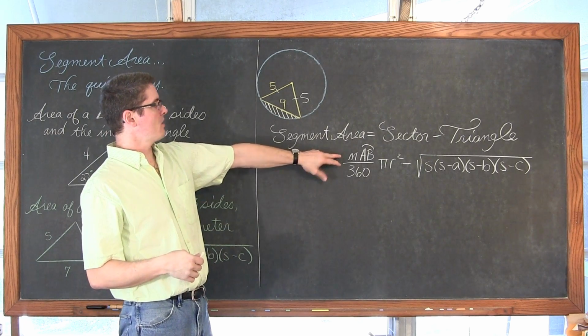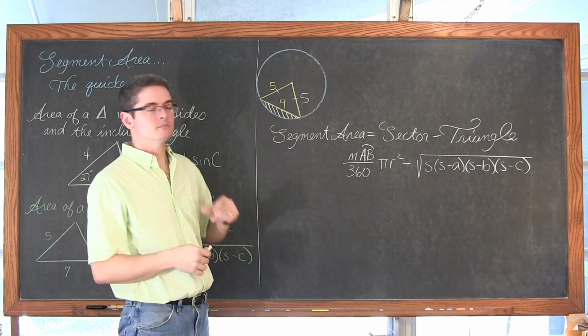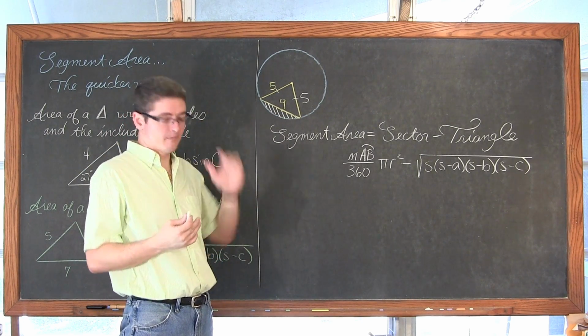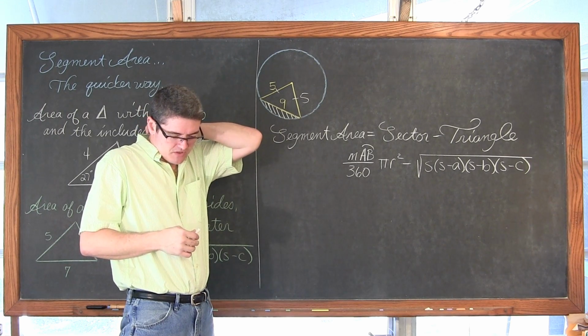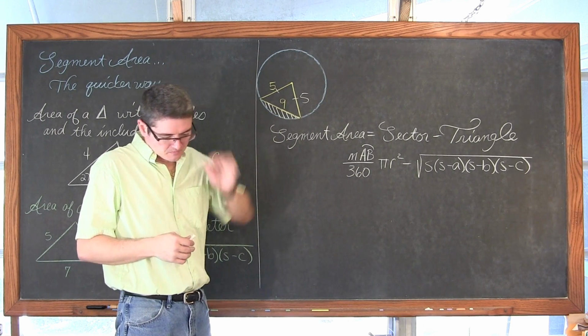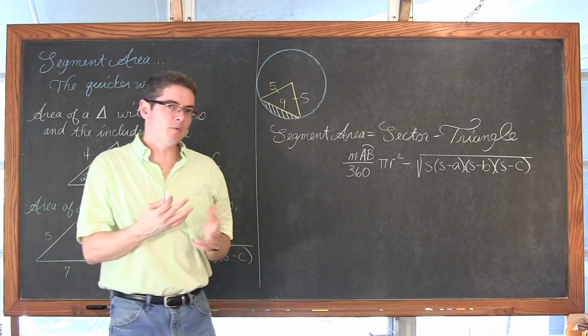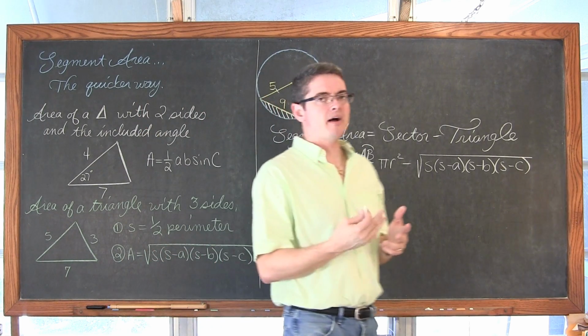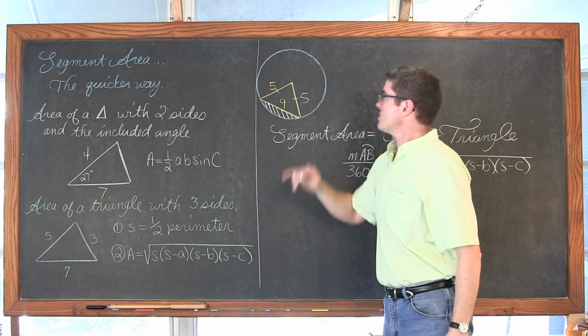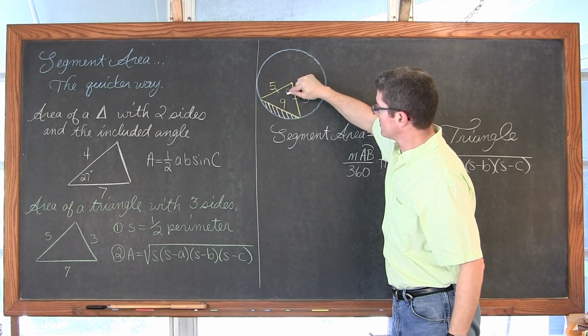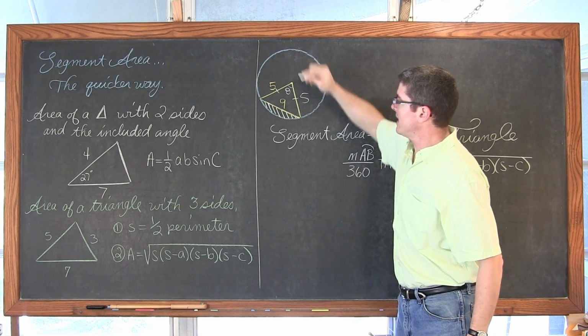So, the measure of our arc. We got a little bit of a problem here, don't we? Okay, now as far as the measure of the arc goes, we still need to do a little bit of scratch work. There's a couple of ways to find the measure of this arc, and I'm looking for this angle, we're going to call this theta, right here.